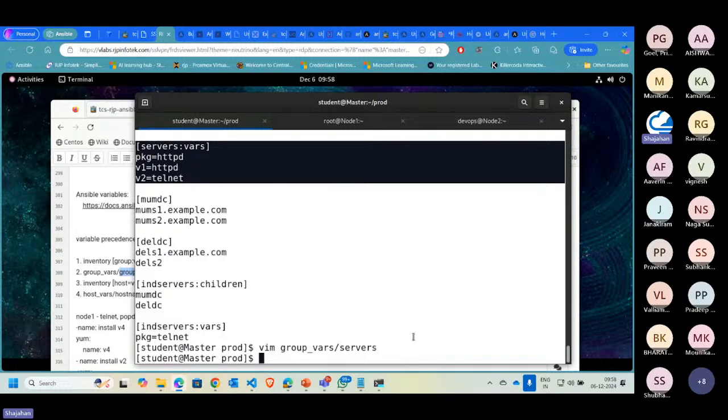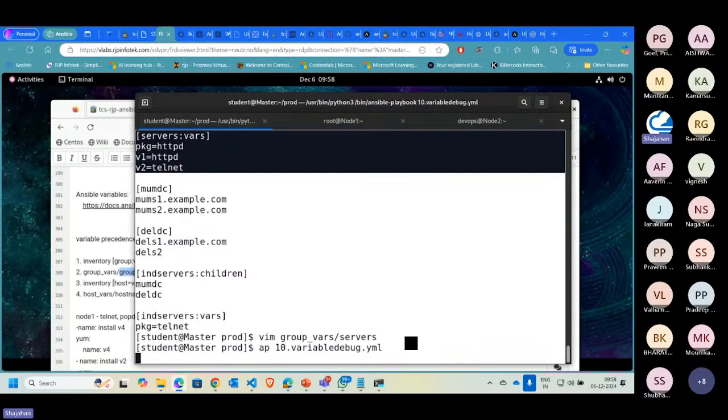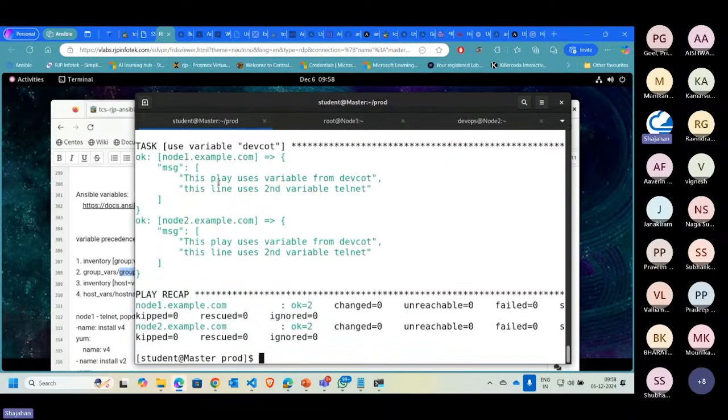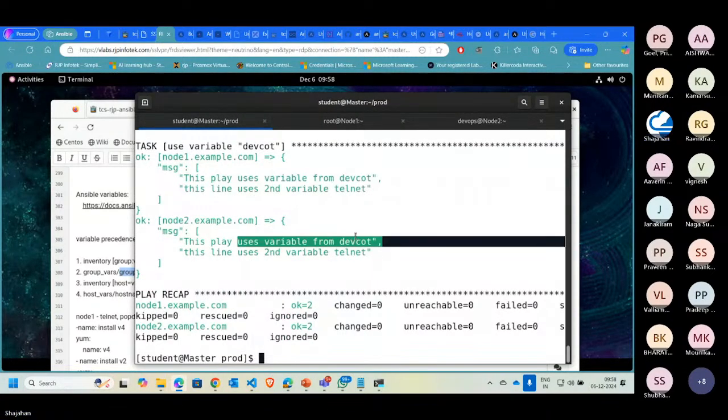So in that way, we create it as servers. Once it has been created, now again ansible-playbook. I want to use the playbook with the debug module for testing. The debug module, especially, we use for testing what results are coming in, whether we are getting the expected result. So now you can see I'm getting dovecot as value1, or variable v1 has been supplied now at two